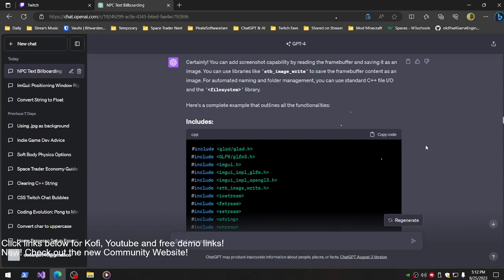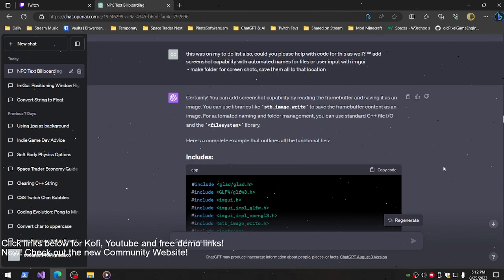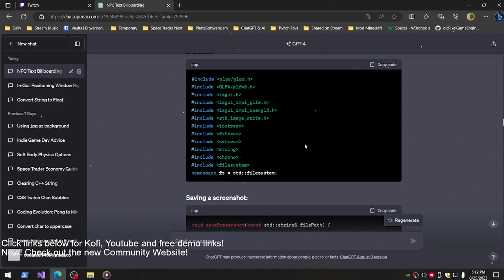Saving a screenshot. Okay. So what did I say? Please help with the code for this as well. Add screenshot, automated names for files or user input with ImGUI. Make folder for screenshots. Okay, so certainly. You can add screenshot capability by reading the frame buffer and saving as an image. I know. You can use libraries like that to write. I've done this before. Okay. So,